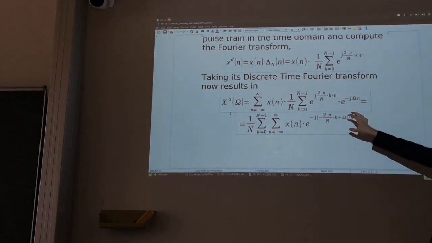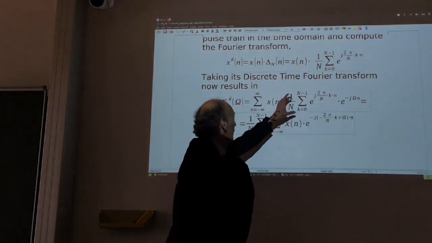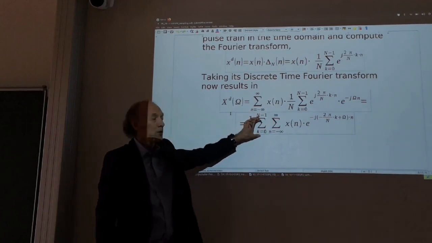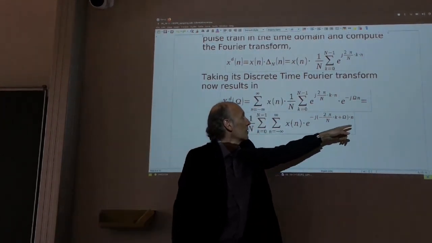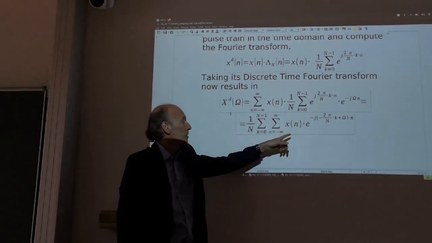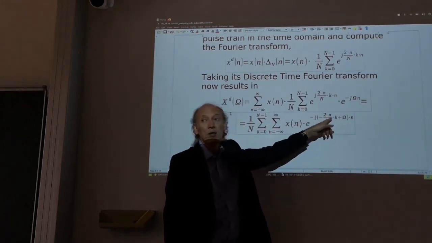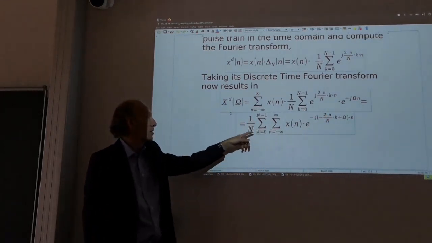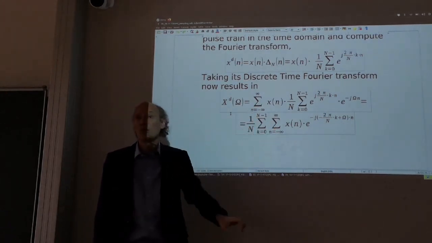Can you see it? Makes sense? So now I can also draw out this inner sum to the outside. And you see this inner part here is the Fourier transform of x, but shifted by 2 pi over n times k. Right? And you have not just one Fourier transform, but n shifted Fourier transforms